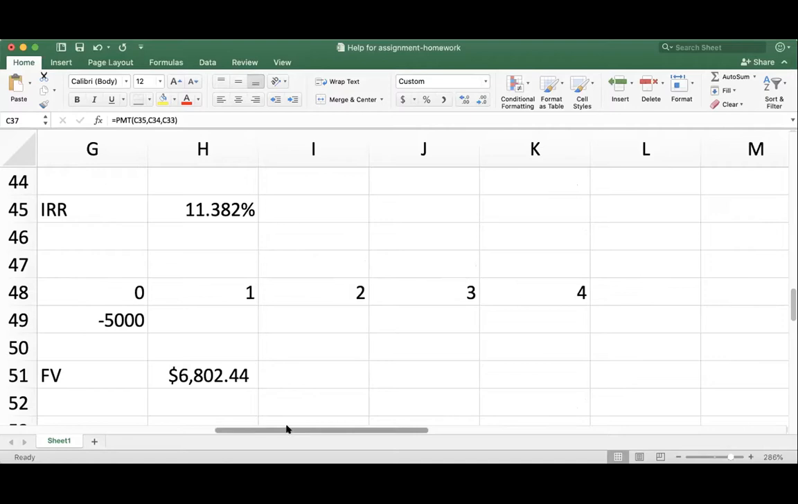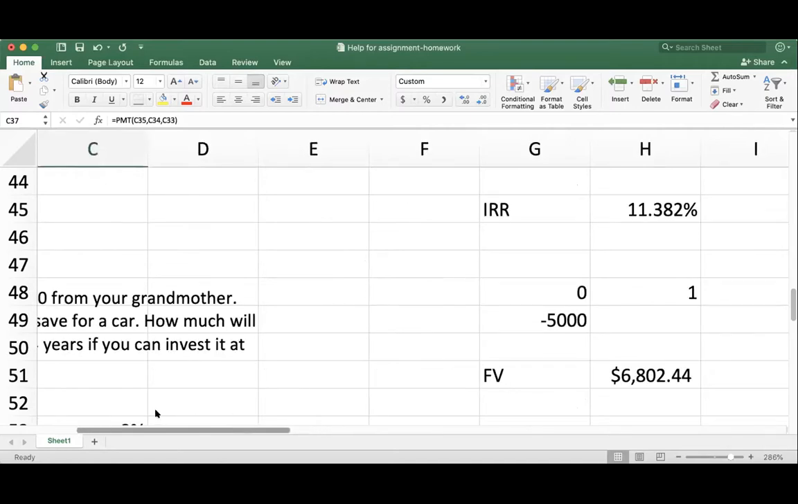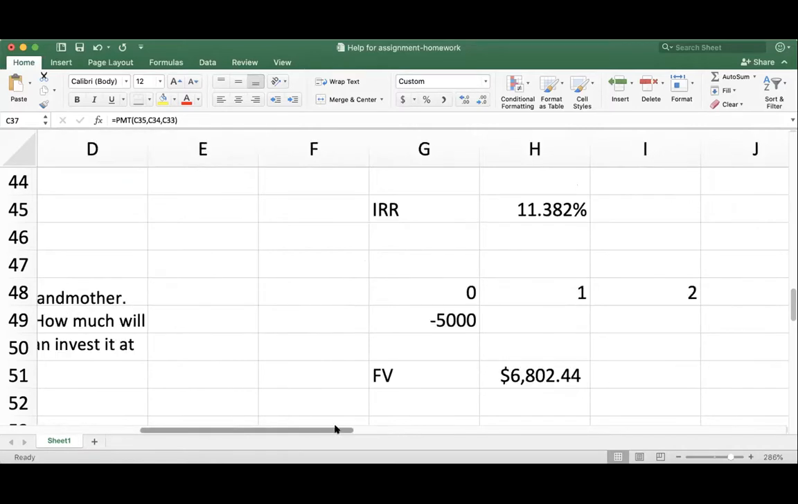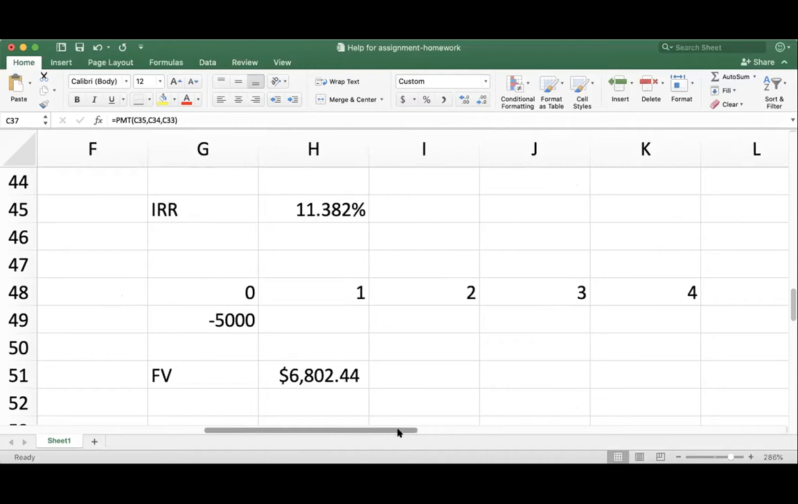Okay, let's go over here. Okay, here's another one that you commonly would do. You got some money from your grandma, you want to save for a car, you can invest at 8%, and you're hoping in 4 years you'll have enough to buy a car. How much will you have? Oh, this is kind of depressing, actually. The future value. So again, it's just a future value. $5,000 you put away, you get your formula, again,